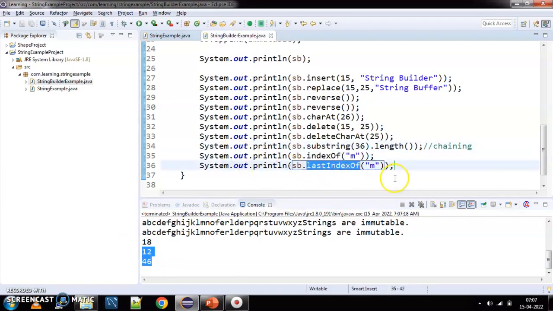So that is it. These are some of the important functions of the StringBuilder class. If you have any queries regarding the String class or the StringBuffer class,